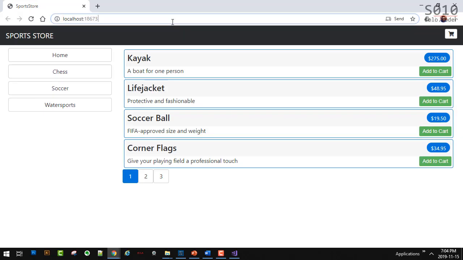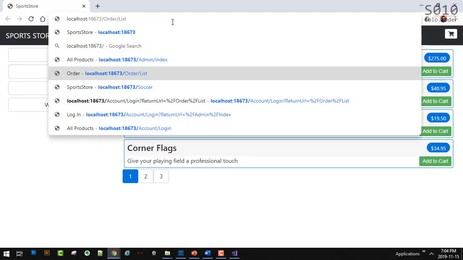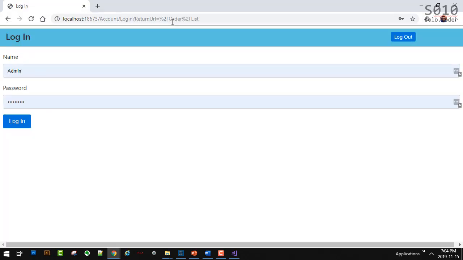Okay, so I'm going to try again. This should be locked down, secured. So what happens is that when we try to access an action that is secured and we have not logged in yet, we get redirected to the login action, to the login view. Let's have a look at the